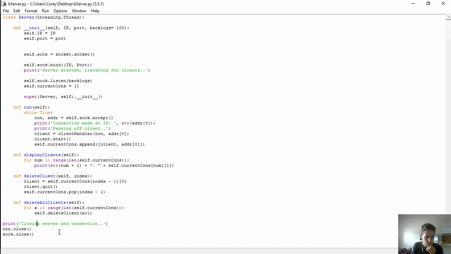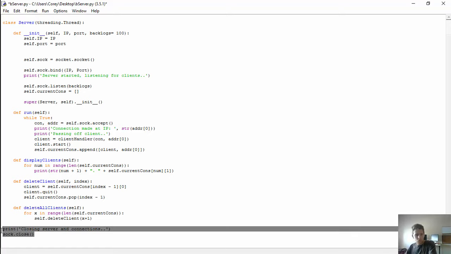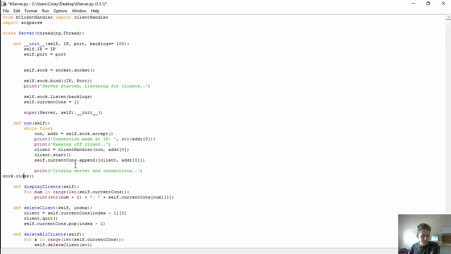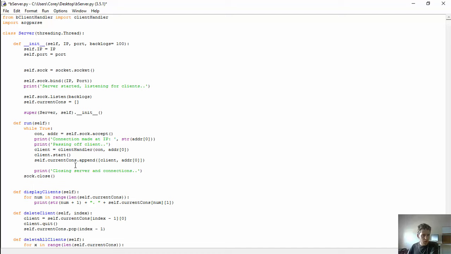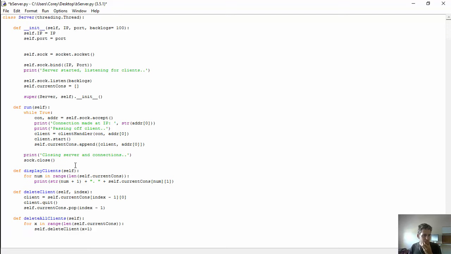Conduct close, sector close. We don't even need con anymore. That's from tutorial 1. Not and connections. We'll transpose these to bring back up here. Whoops, gonna have them out. That looks good. So if we ever have a reason to break out, we'll just shut down, and then we